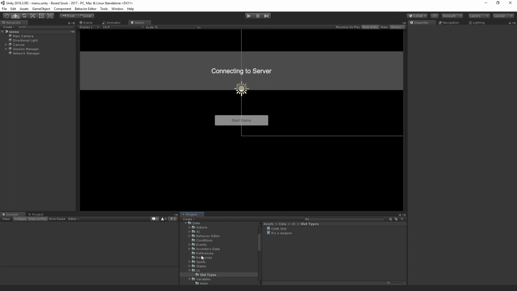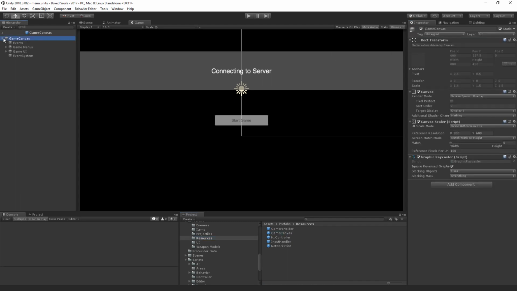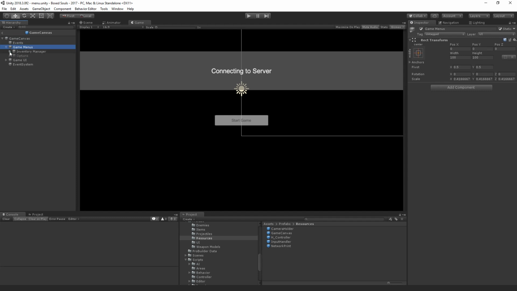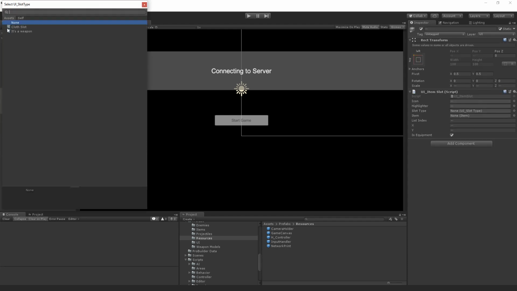Yeah, our canvas, or not canvas, on our prefab. On the game canvas, open the prefab, open that as well. Game menus, inventory manager, inventory, center, left, equipment, and we need all of them onto our weapon slots. Slot type, it's just going to be each weapon. Okay,